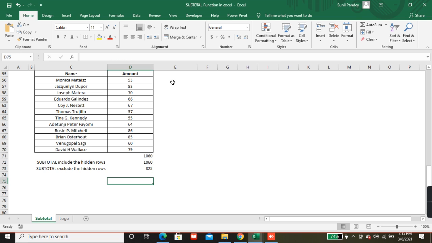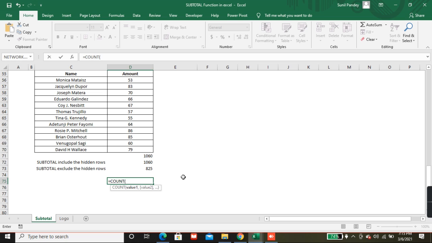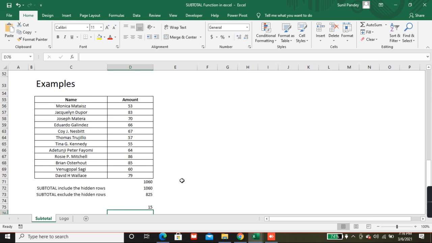Same result. If I count, see, if I put count, 15. For count you can check 2, or to ignore hidden rows 102.